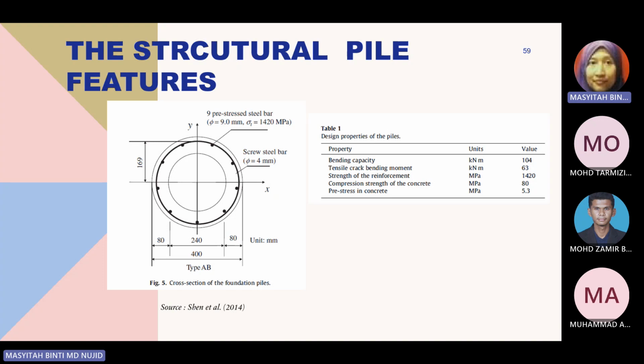That's why last week I showed you the bearing capacity of the pile and the different equations for the structural pile capacity. So these are two different things that you have to take into account when you are dealing with or designing the pile itself. Okay. The next one is on